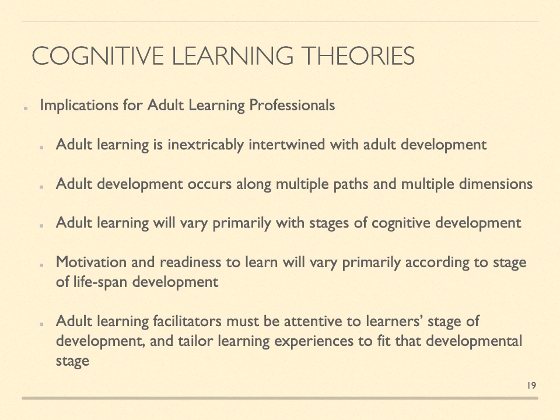Again, quickly, adult learning theories, implications for adult learning professionals. Again, adult learning is inextricably intertwined with our development, and we can take multiple paths to get to that knowledge. The ability to process knowledge and learning has the stages that we just looked at with Erikson, for example. We have to be ready to learn. That's our motivation. The moment we say we're ready to do something, we're motivated and we'll get